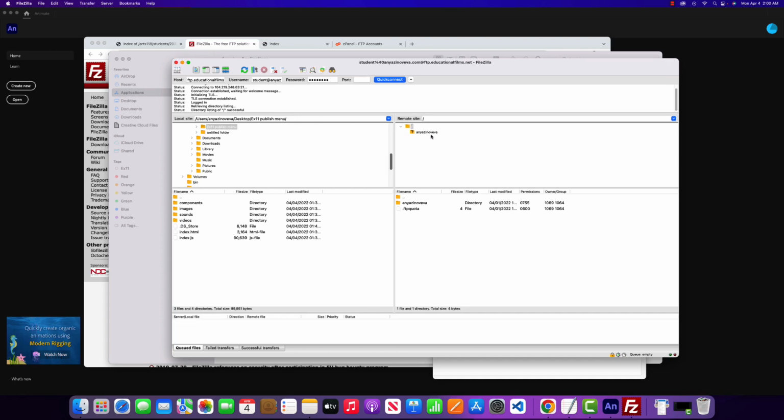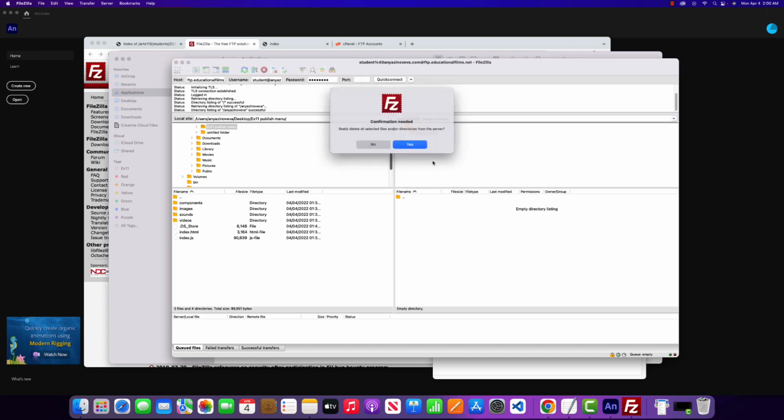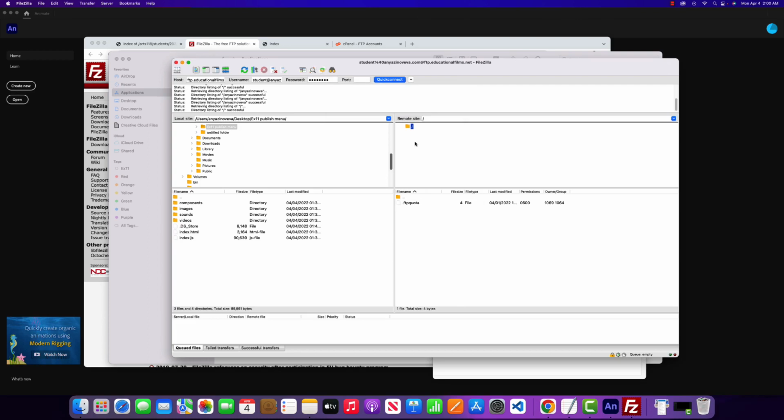Now, once it's connected, you should see on the right side, or it can be the other way around, but on one of the sides you should see the folder that I made. So how did I make this folder? I'll show you. I'm gonna delete this one, and I will make another one. So I'm gonna create directory, and this directory is gonna be just my first and last name,